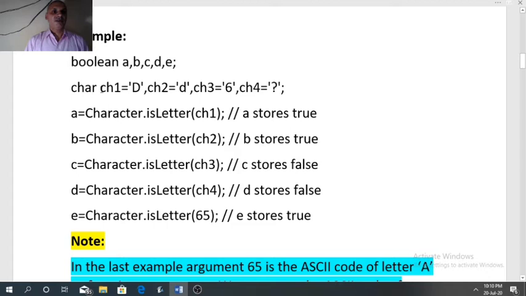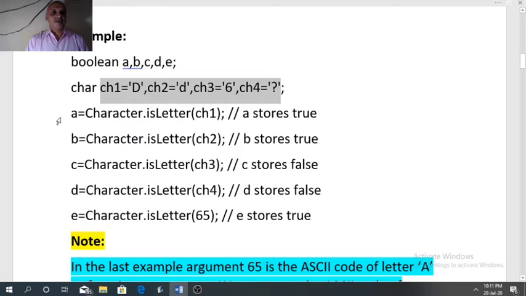We have variables ch1 that stores capital D, ch2 stores small d, ch3 stores a digit 6, ch4 stores a character question mark. So all these 4 variables belong to character type.